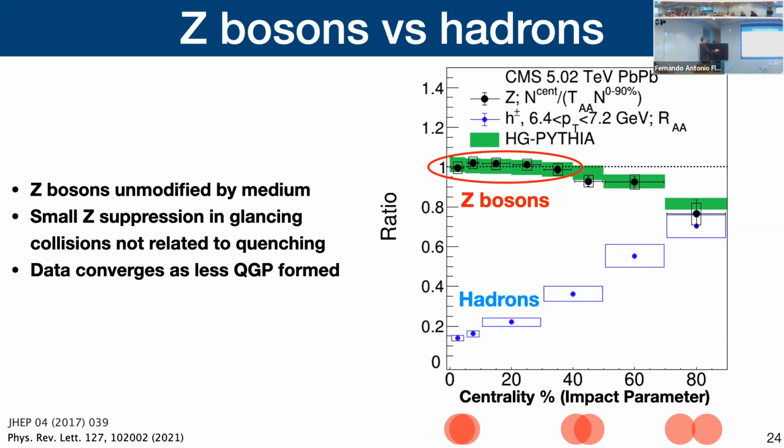And also, actually, what we saw is that in these kinds of collisions where you don't make very much quark-gluon plasma, there's actually a small dip here, which is very interesting. I don't have the time to discuss the exact reason for that, but there's a model that predicts some non-quenching effect, basically, that can explain why, for example, the hadrons, where you don't make a very large amount of quark-gluon plasma, still have some kind of residual suppression. So that was a very interesting thing we learned from using these bosons as a control for other measurements.